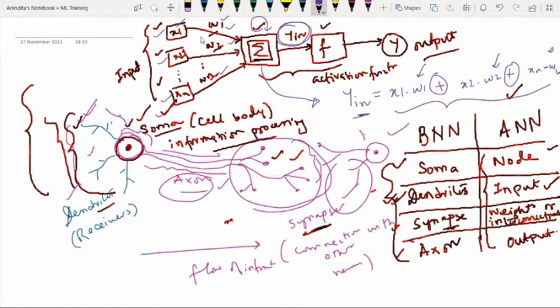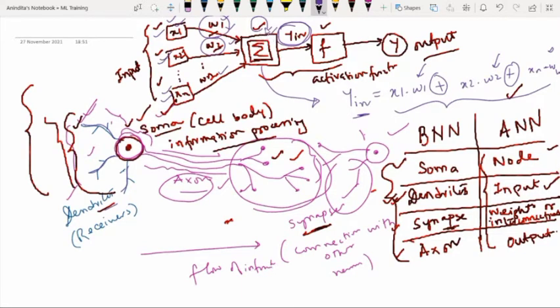See, whenever the information is coming through these dendrites, what is the intensity of the information? Large intensity, small intensity, feeble intensity. What is the power of this input? It is determined by these receivers. So in order to conceptualize the intensity, the weight factor is introduced. By looking at the value of the weight, we can understand the intensity of whichever inputs are received for processing.